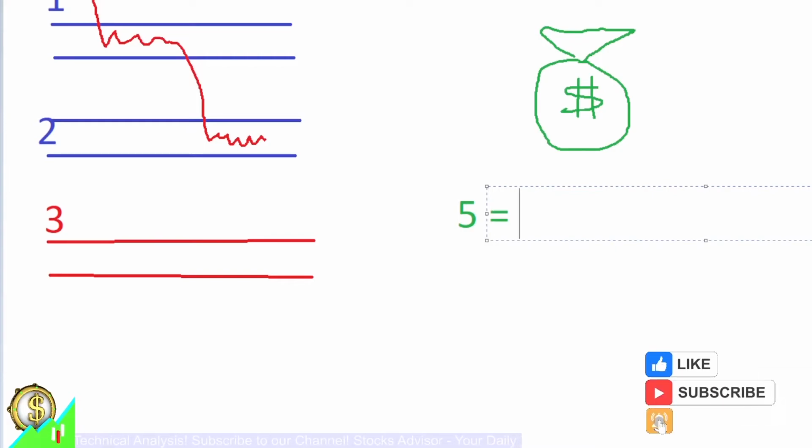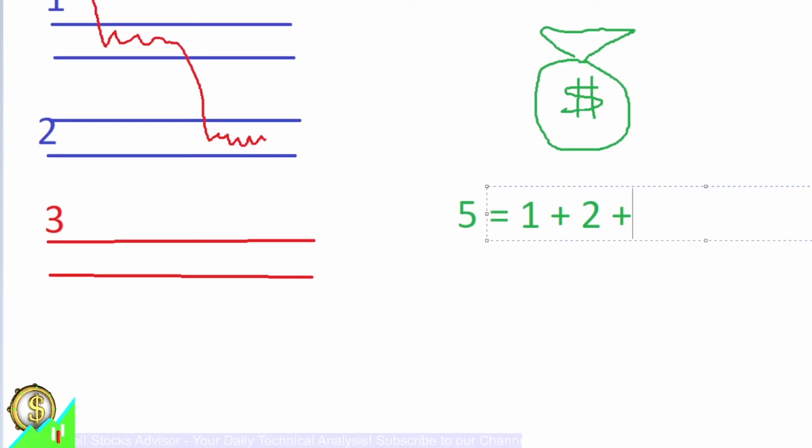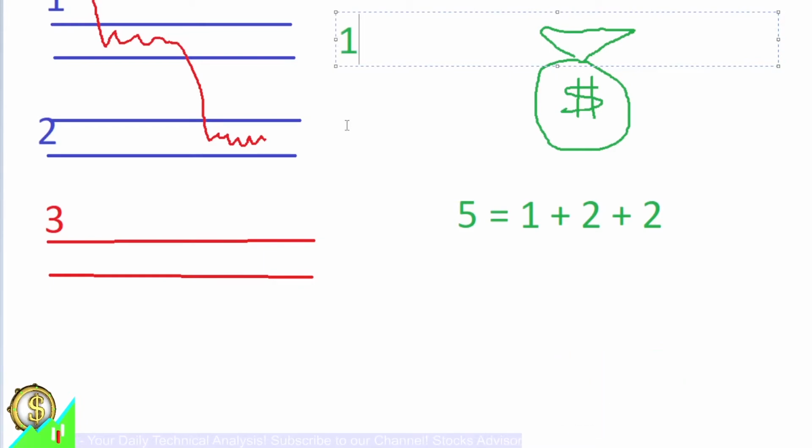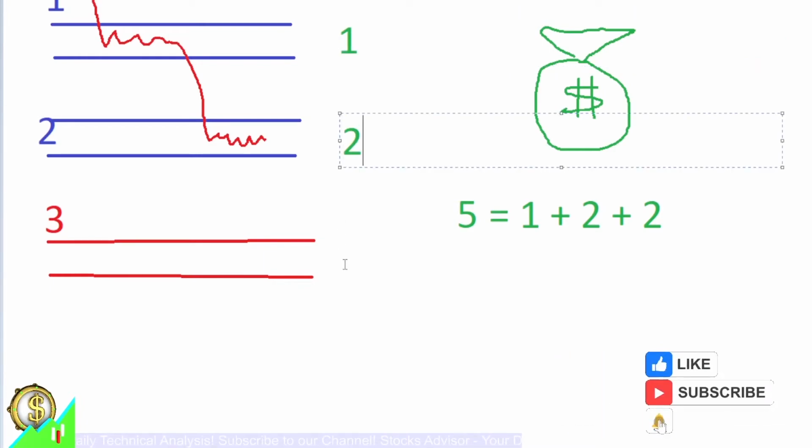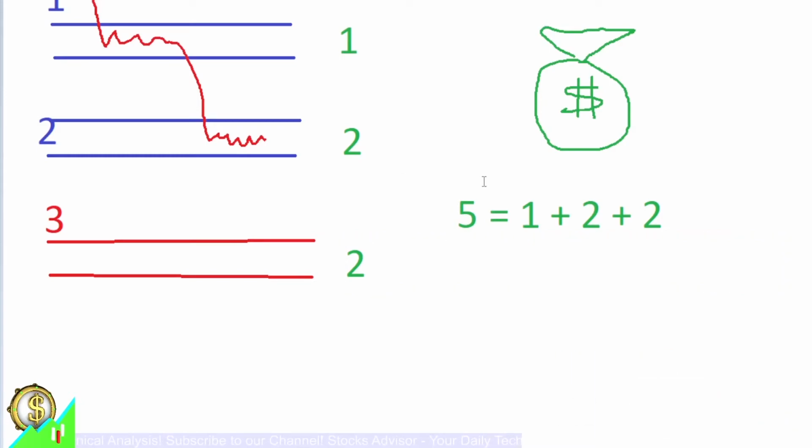For example, the classical approach, usually the most advised on our channel, is the so-called 5-portion play, meaning that at the first level you buy with 1 portion from all your money. Through the second level, if it goes there, you buy with 2 portions of your money. And then if it goes to the third level, you again buy with 2 portions. So your portion distribution will be like this: 1, 2, and 2. It means that if you buy at the first level and then it goes up, you make your profit only from 1 portion. Yes, this decreases your possible profit. But what's the positive about it?